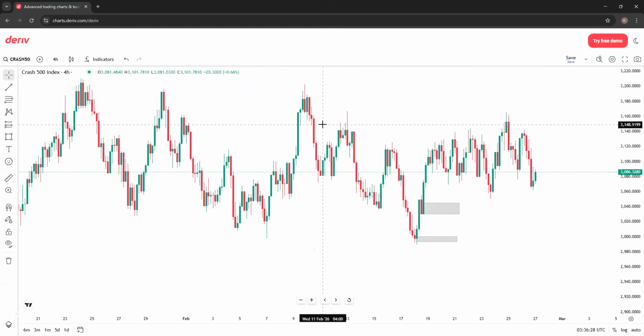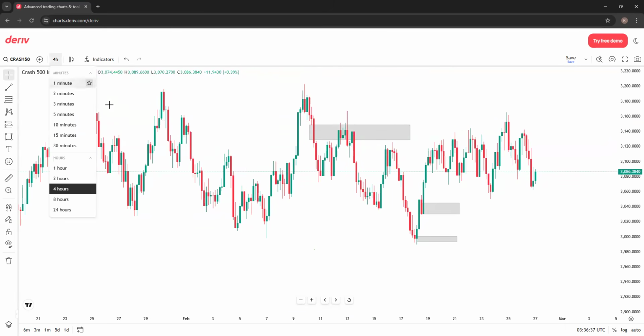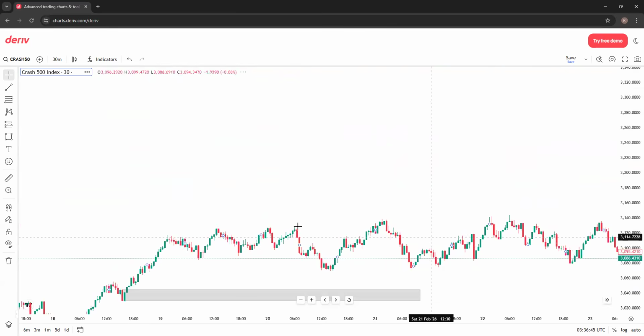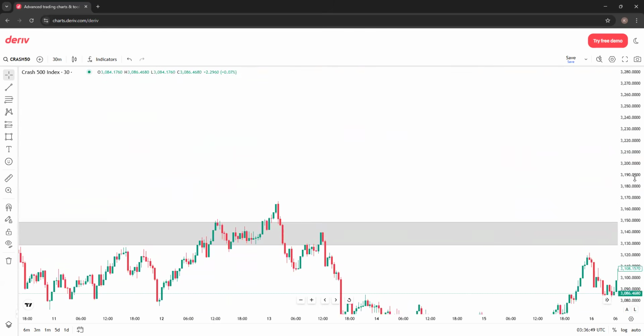Hoping this area did what I think it did. So let's say we have a gap here, and this is on my 4 hour. If we move that gap to, say, M15,